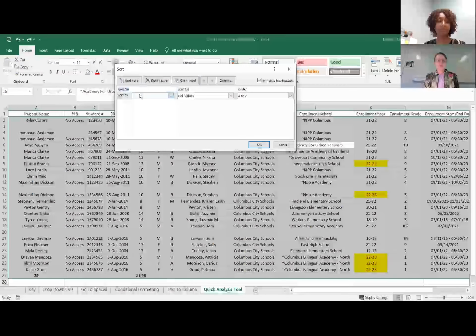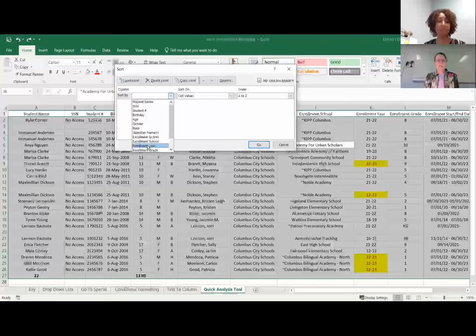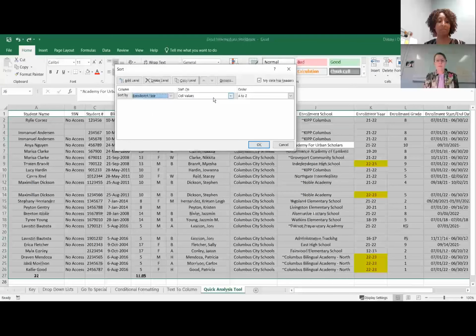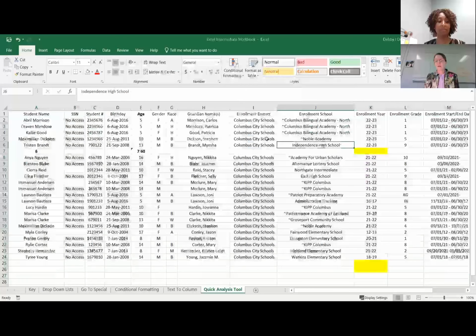Custom sort. I am sorting by enrollment year based on color. And I want those to live on the top. I can then add a level and say name, cell values A to Z. When I click OK,